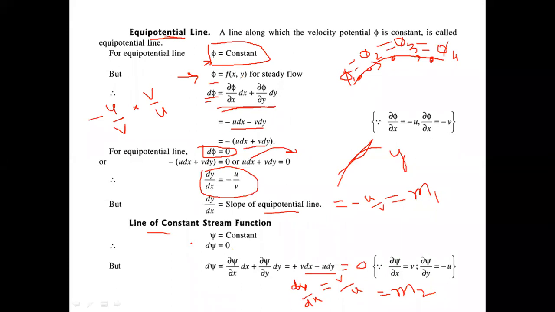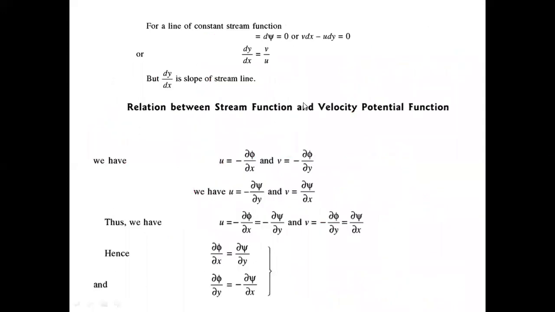And you just learned one more question for objective questions. In an objective question, they can ask you whether the equipotential line is perpendicular to the constant stream function line or not. Yes, it is perpendicular, because the product of their slopes is -1. So do remember this point. Make a note also. Maybe I have not written that point. I have already shared this PDF with you. You just edit that PDF and write that both of these lines are perpendicular to each other.